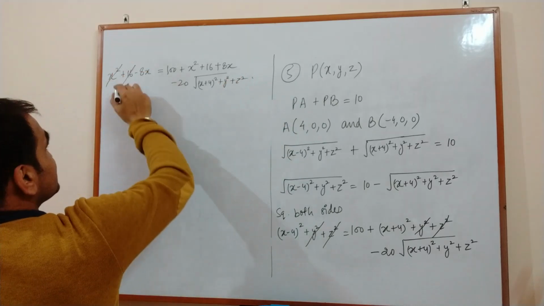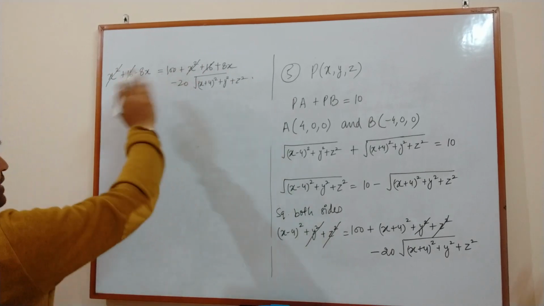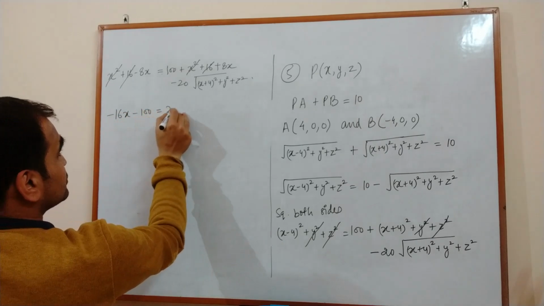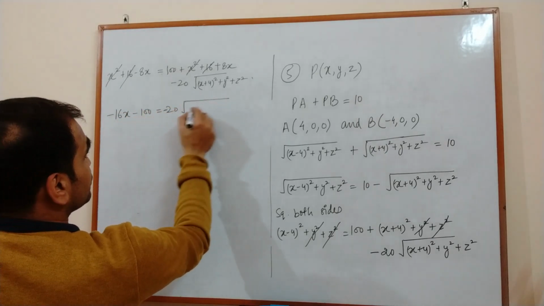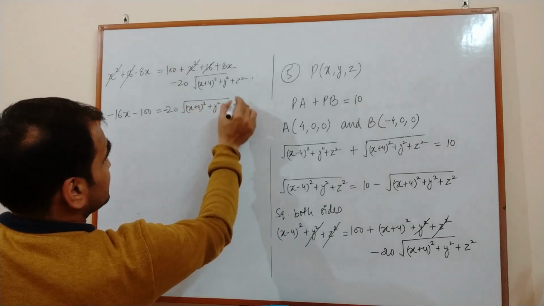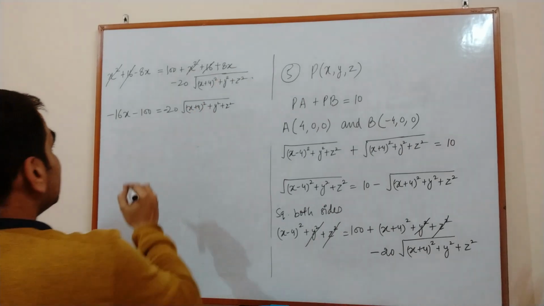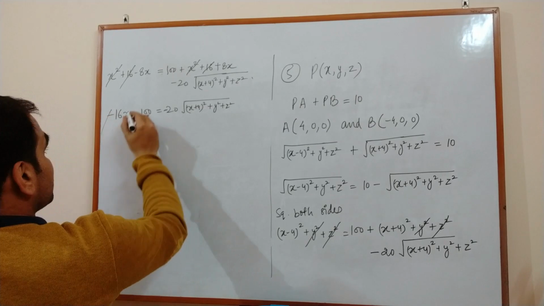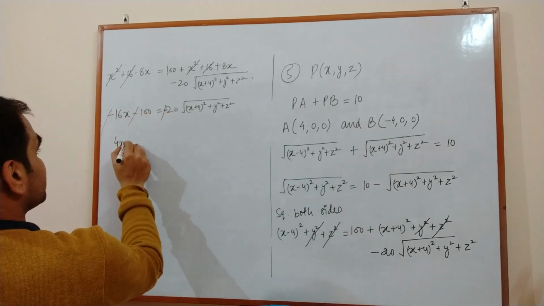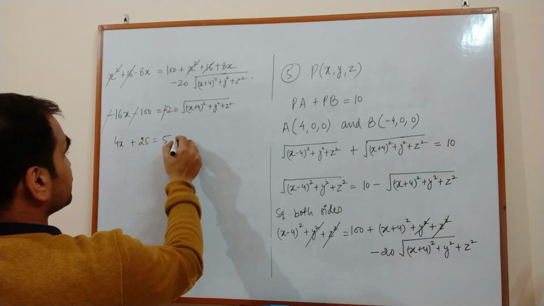So again, see, you can see these terms are cancelled out. minus 8x को हम लेकर आएंगे इधर लेफ्ट हैंड साइड में, तो minus 16x minus 100 is equals to minus 20 under root of x plus 4 whole square plus y square plus z square. Got it? Okay, so what should be the next step? 4 से आप इस माइनस साइन को कॉमन ले सकते हैं, इसको कैंसिल कर दीजिए. 4 से टोटली इक्वेशन को आप डिवाइड कर देंगे तो you will get 4x plus 25 is equals to 5 under root of